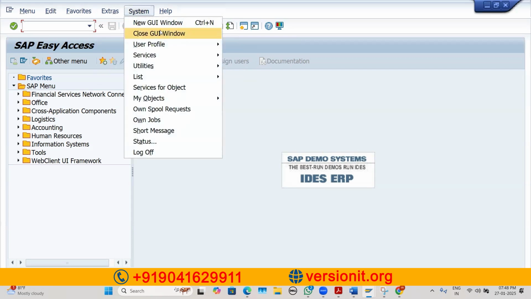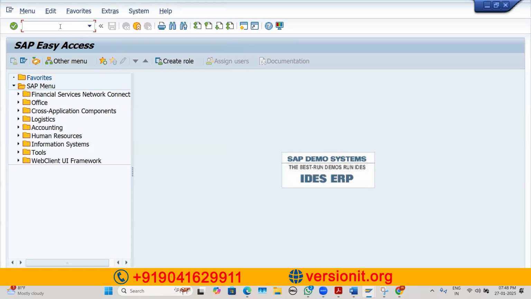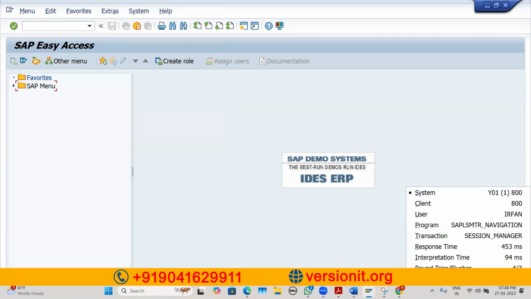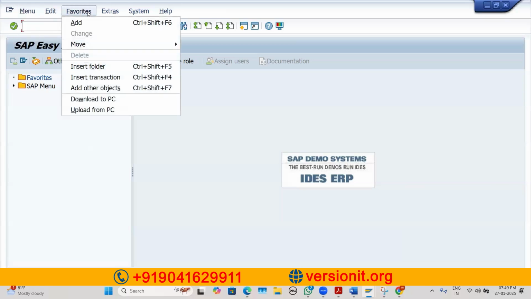At System also you can create a new session. I told you a session is an independent R/3 window where you can perform some activity. Now here is the working area at the bottom, a very interesting one. This is the status bar. What is this status bar? It has the client number, user ID, program, and session. Session is 1, Y01. Now here in the command field, at the top after the standard menu bar,